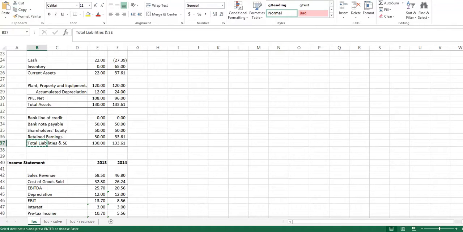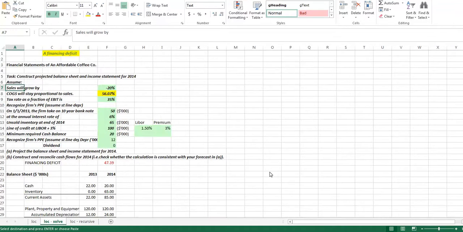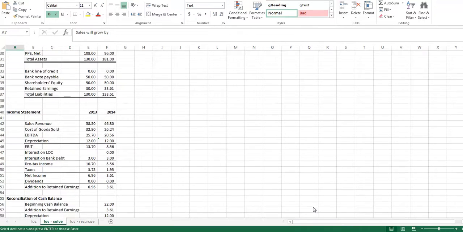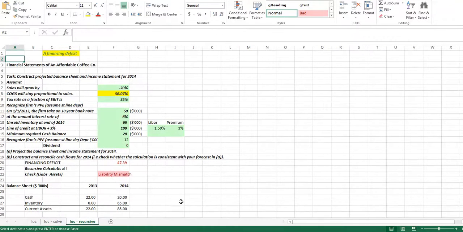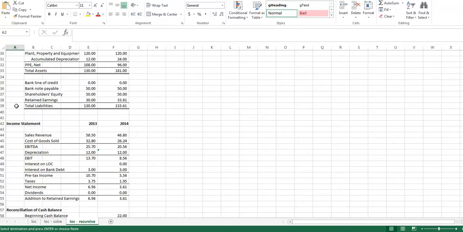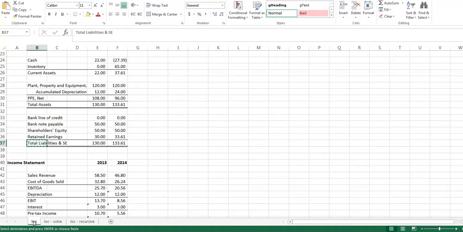I will also do that over here in my next tab, and I will also do it in this tab here. So we have that straight. Okay, so I have my line of credit, I have my balance sheet. We would want assets to be equal